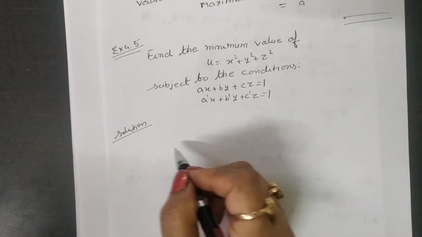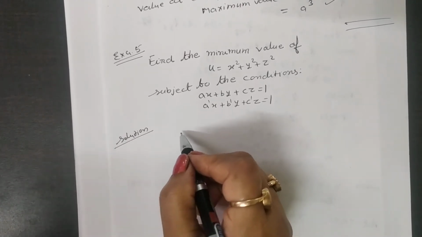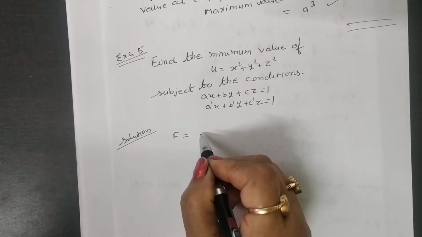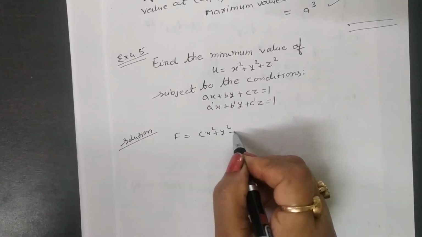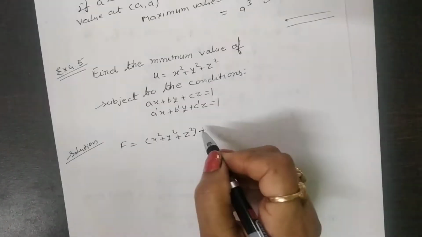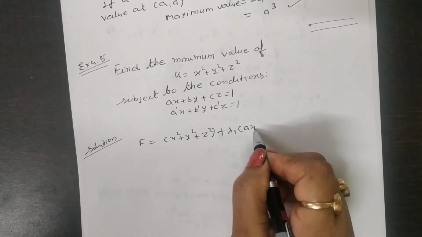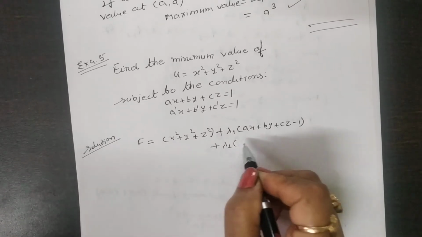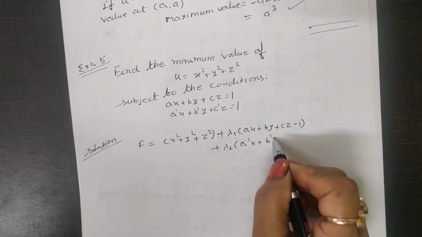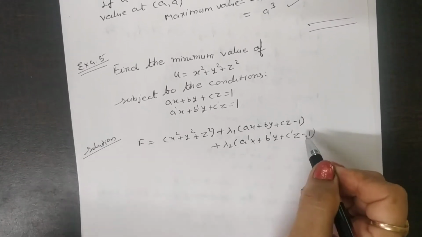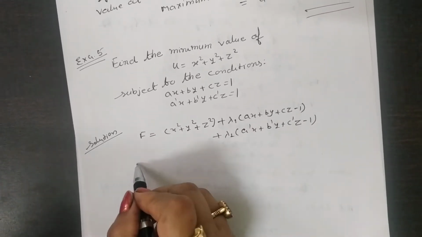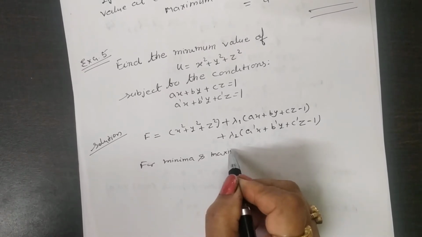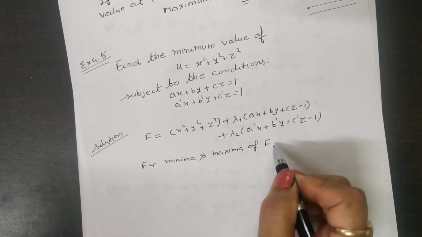To solve this question, let us consider a function f which is defined as x square plus y square plus z square plus lambda 1 times (ax plus by plus cz minus 1) plus lambda 2 times (a dash x plus b dash y plus c dash z minus 1). Now for minima and maxima of f, we have